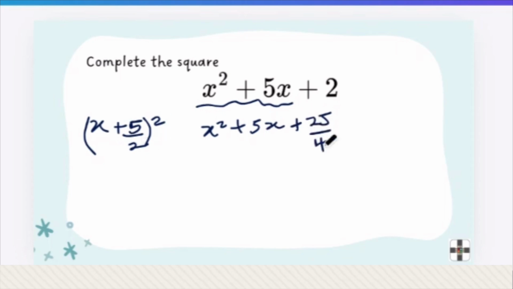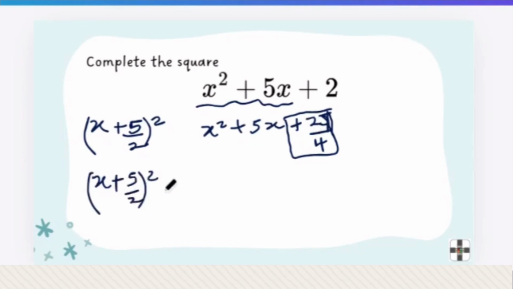Because I'm completing the square, I'm going to bring this term in as a negative term. I'm going to change the sign. So I'm going to bring it in as x plus 5 over 2 squared minus 25 over 4. And let's not forget the 2 that we have here, plus 2. And if you do minus 25 over 4 plus 2,